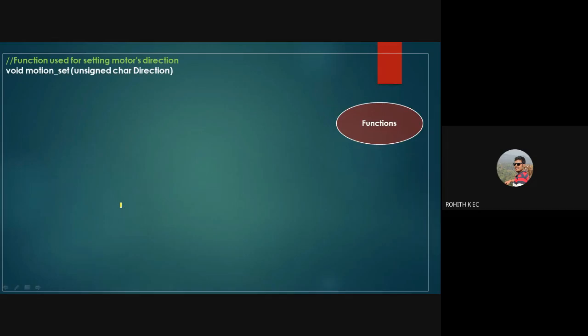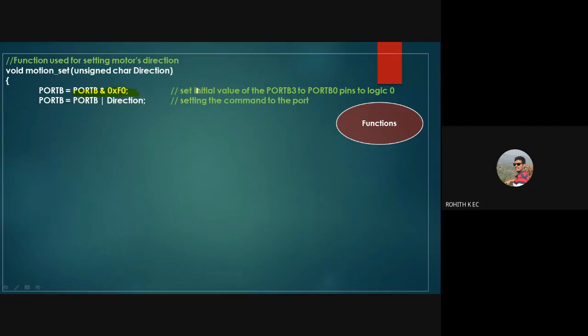Then you will be using the motion set function. You will first reset the motion lower nibble to 0, then perform an OR operation with direction, right? So you will have a variety of functions such as forward, stop, left, and so on. You can see here, this motion set is the function that is present here.